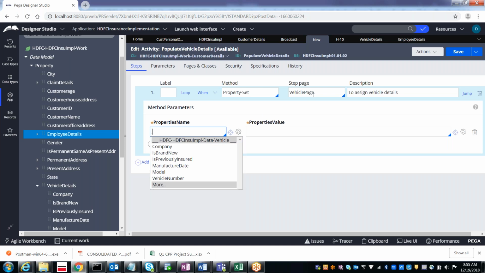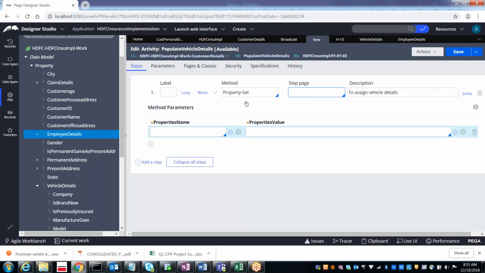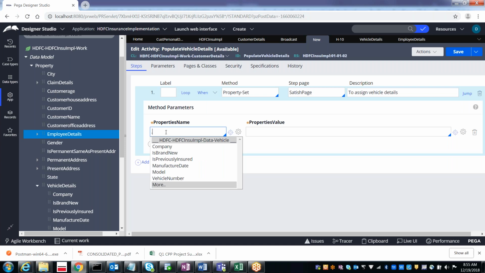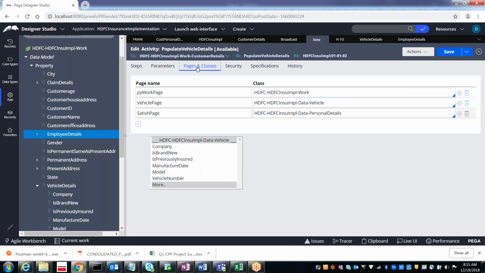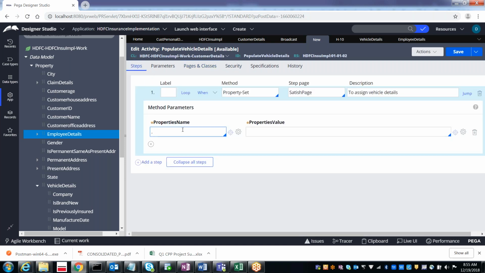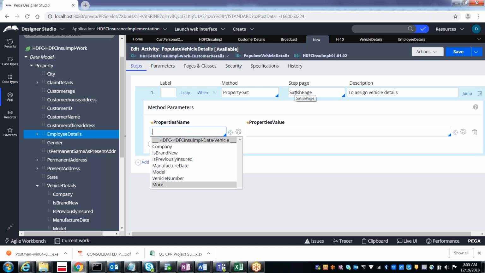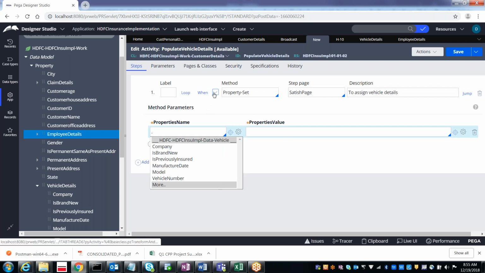In case I give this Satish page, now here in the down arrow, what will you be seeing? Satish page is referring to what? Personal details. But here, as I said, it will take from the step page and the step page class and then the properties. But why is it not coming? Why? Because, okay, this is the previous one.